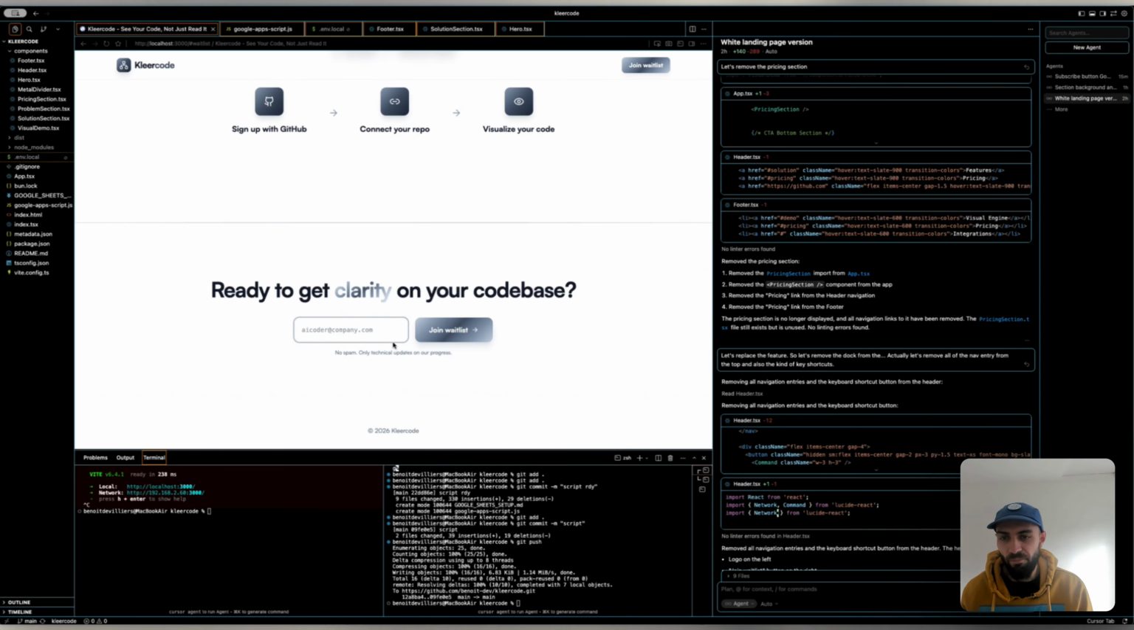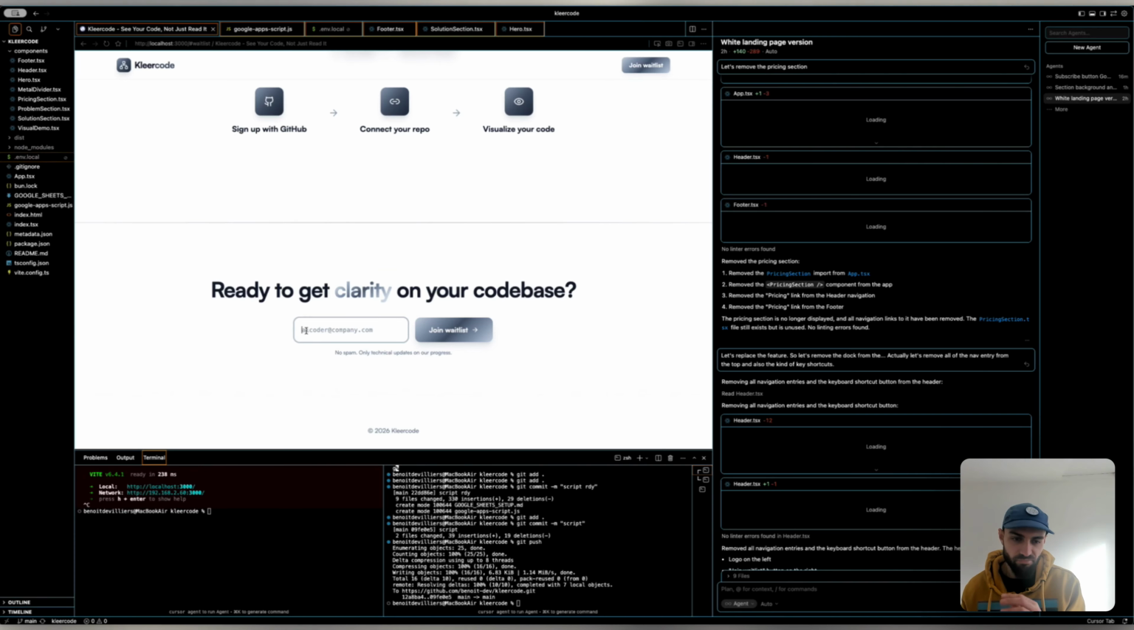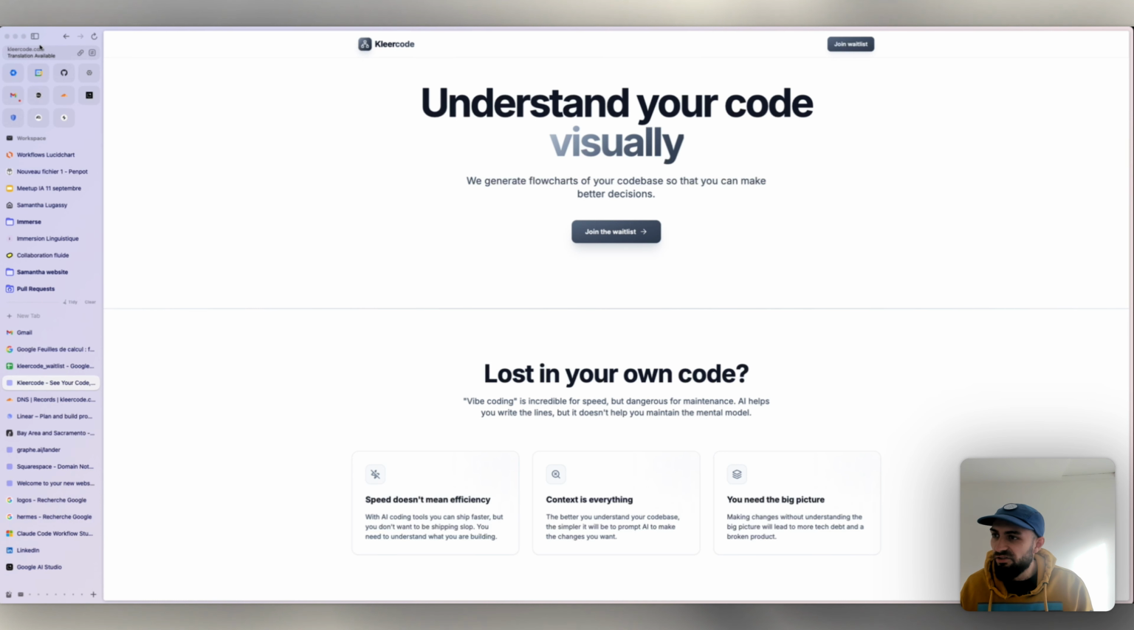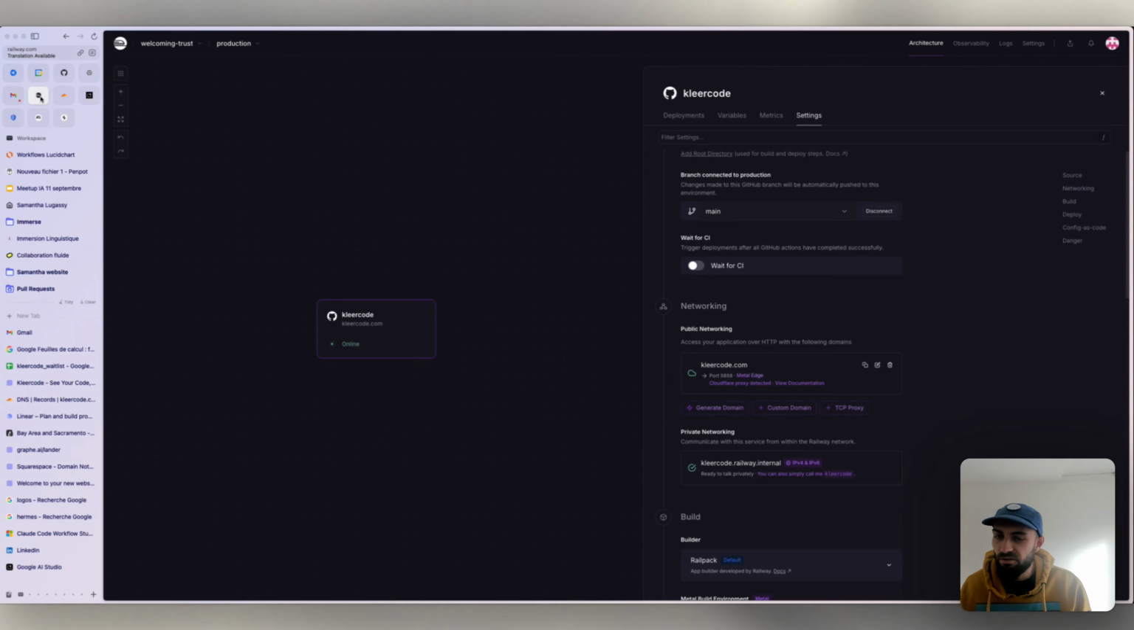And then I plugged in a Google script. So basically there is a Google Sheet somewhere, and when you click on that button, it runs the Google script and adds the email to that list. And that's it. So let me just show you the live version now. So yeah, as you can see, it's live. I've hosted it on Railway. The domain was bought on Cloudflare, and